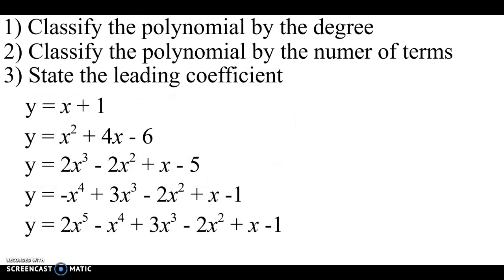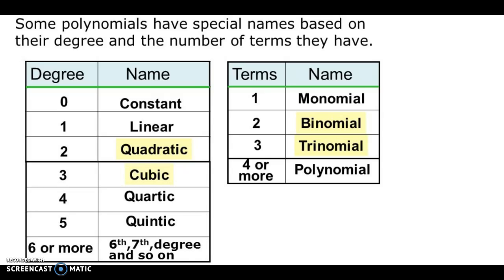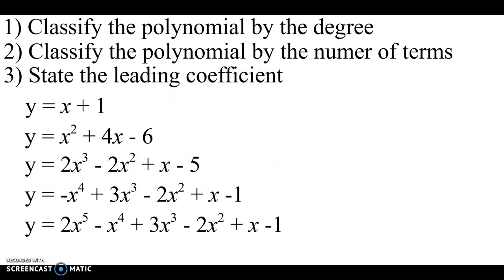So, let's name these. Okay? The first one here. You have to name it by both of them. Okay? You have to say both of them. So you say this one first and then that one. Okay? So first of all, what is this one? And I would write this down. What's this one's exponent? What's the largest degree? 1. So it is